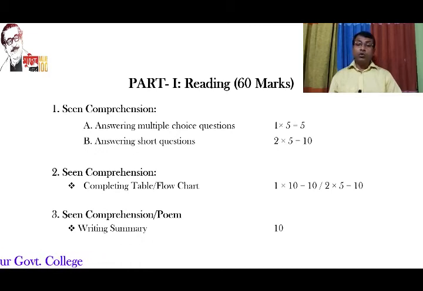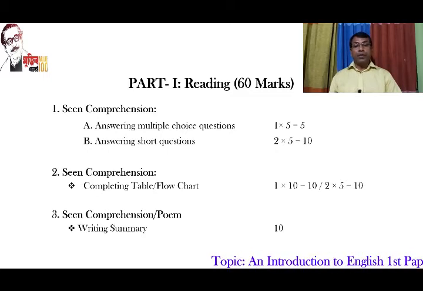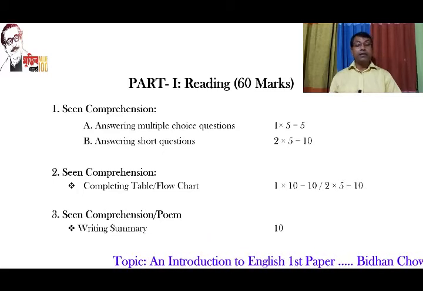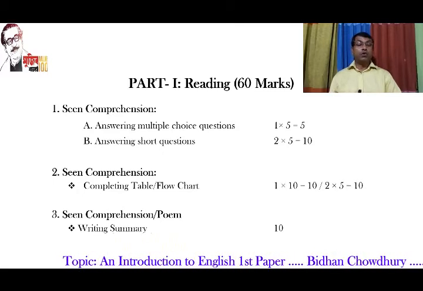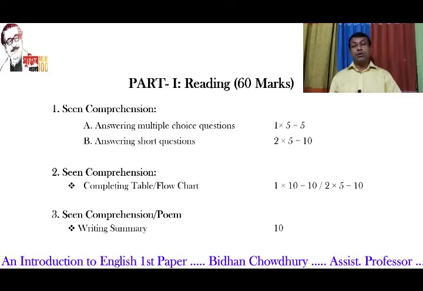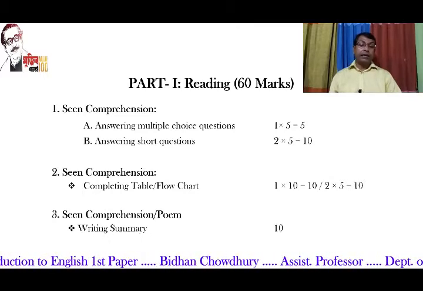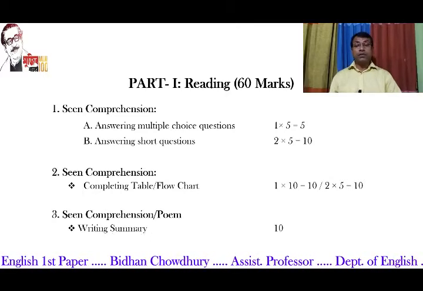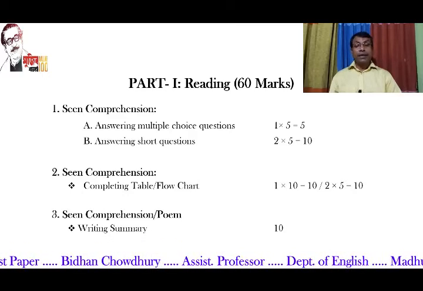Now come to question number 3. And again, in question number 3, you are going to have another comprehension taken from your textbook. And this time, you may have a passage or a poem. Either a passage will be selected or a poem will be given, and both of them will be selected from your textbook, and then you have to write the summary of the comprehension or the theme of the poem. And this question, or that means question number 3, will again